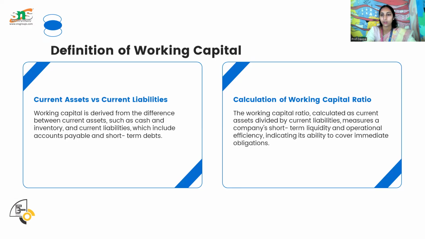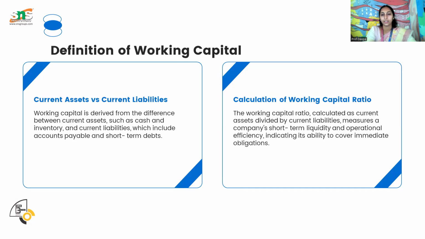Cash, inventory, all these things, right? Cash in hand, cash at bank, the inventory that we are holding. And current liabilities, all the payables. If receivables come under current assets, obviously payables come under current liabilities, and all the short-term debts. So this is the difference between current assets and current liabilities, and this difference is actually called